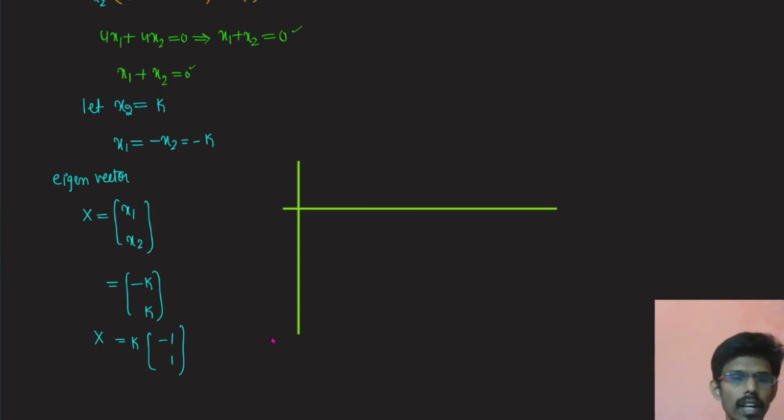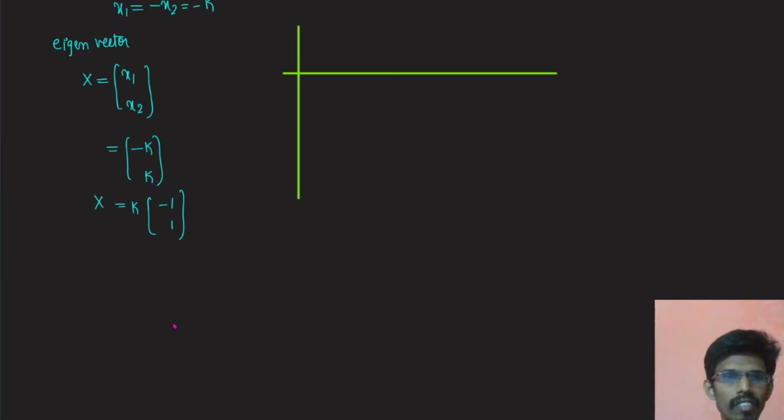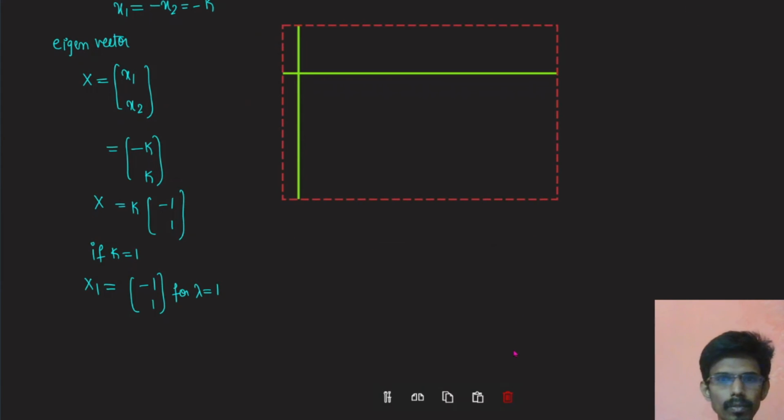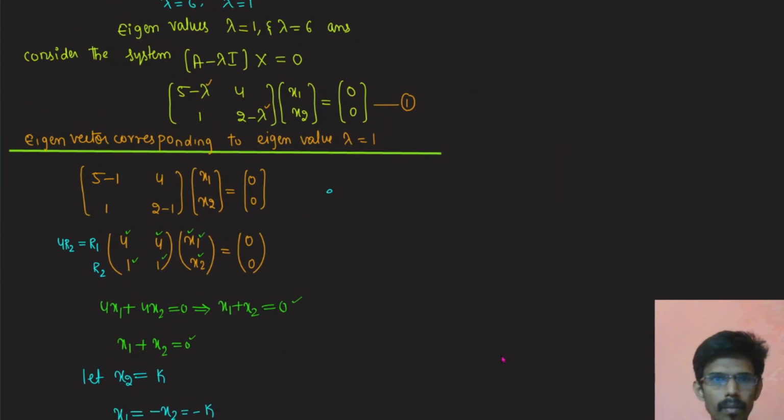This is the eigenvector. Now if we take fundamental value, if we suppose the value of k is 1, then this eigenvector x1 will be minus 1 and 1. This will be the eigenvector for eigenvalue lambda equal to 1. Now similarly we'll get the second eigenvector,